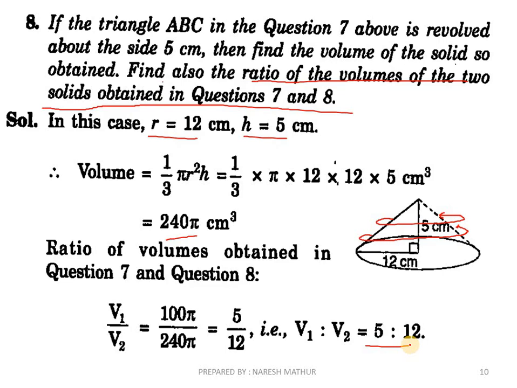What does it mean? It means when we increase the radius, the volume is increasing drastically. Because in 1/3 pi r square h, the square of the radius is taken. We already have a radius of 12 centimeter, and now we are taking its square also, so obviously the overall value will be increased.